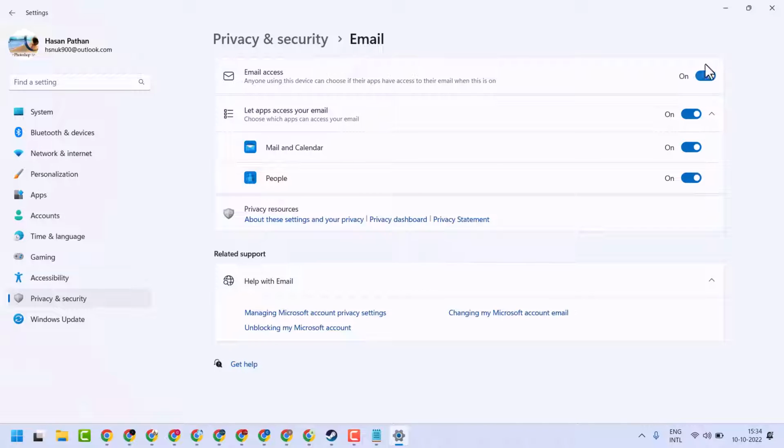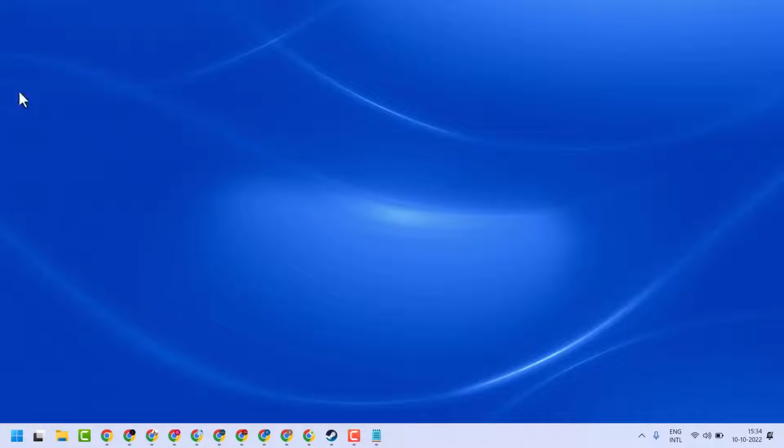So these are all settings guys you need to turn on and try to sign in. Hopefully using this method you can fix and resolve. Second method,